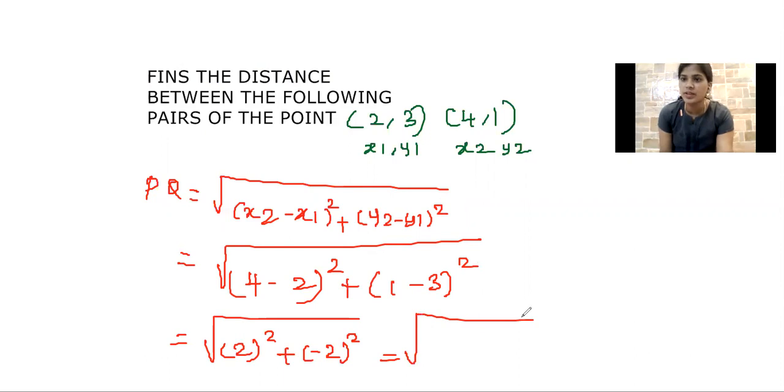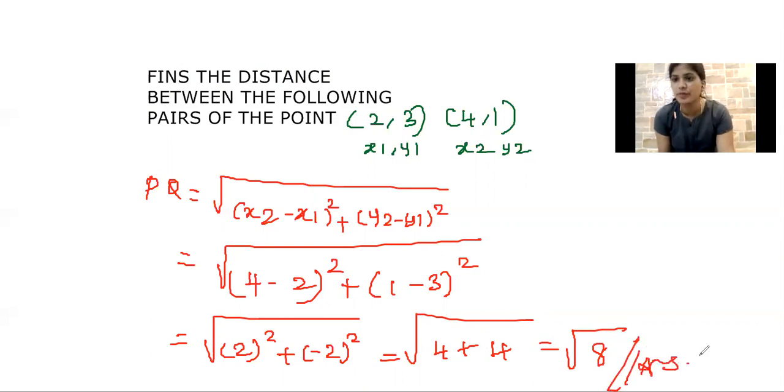Always the distance will be non-negative. Always the magnitude will be in the form of positive. We would say 5 kilometer, 3 kilometer, 2 centimeter, 10 centimeter, right? We won't measure the distance in terms of negative. So even if the coordinates are negative, that turns into positive. So here 2 square is 4 and minus 2 square will become 4 because of the square. It will become positive 4. So 4 plus 4 is nothing but 8, square root of 8. Here we go. So we found the answer.